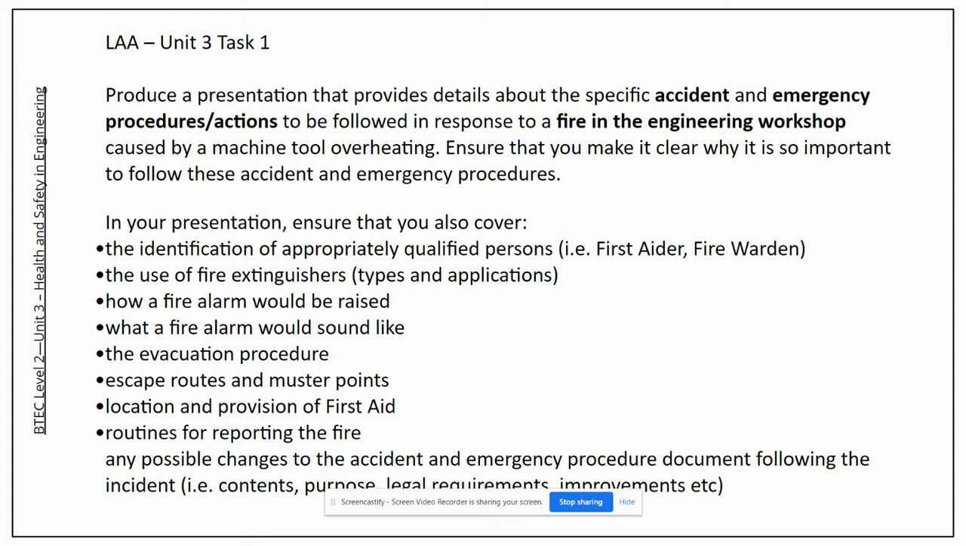What does it sound like? You know that. The evacuation procedure, so where you go, what you do, escape routes and muster points. Now, escape routes are fire doors and doors exiting the building. Muster points are assembly points, so where you line up to have your register taken. There are different areas of lineup for different pupils, okay? And those routes,